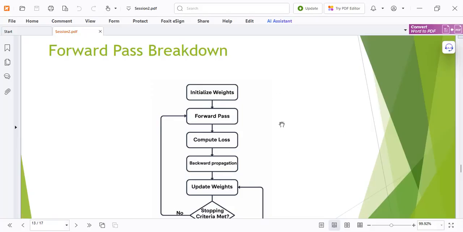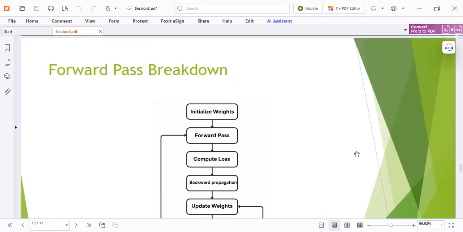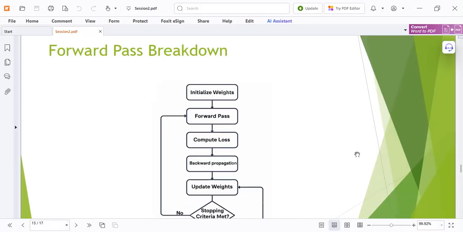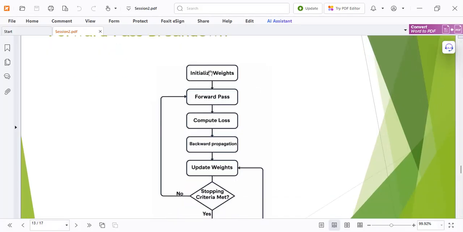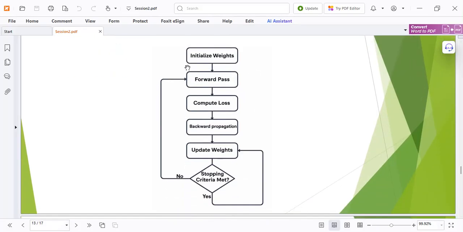Okay, and here we can see much better. We have initialized values, and we have the forward pass. We compute the loss. We do the backward propagation. We update the weights, and we're going to do that until our stopping criteria is met.